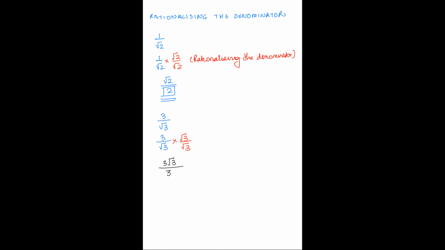So 3 multiplied by root 3 in the numerator is 3 root 3, and in the denominator root 3 into root 3 becomes 3, and the 3 gets cancelled out. What is left is the answer, root 3. Root 3 can also be written as root 3 upon 1, but writing 1 in the denominator makes no sense. But at least we can see that the denominator has turned into a rational number. So we have rationalized the denominator. I'm sure everybody knows this concept. But let me see how many of you can try this one: 1 upon cube root of 7. Let me see who can rationalize this.